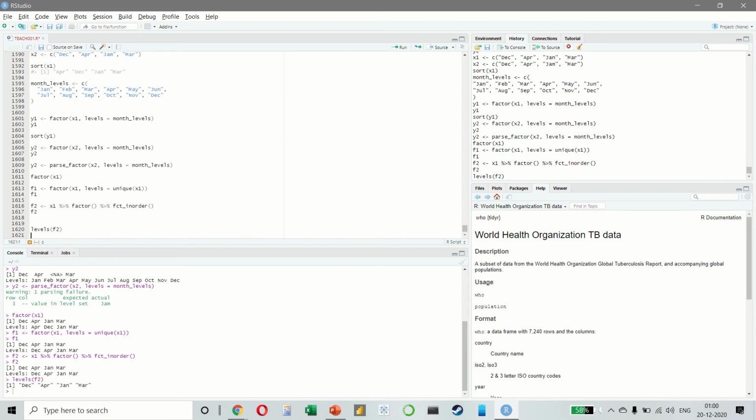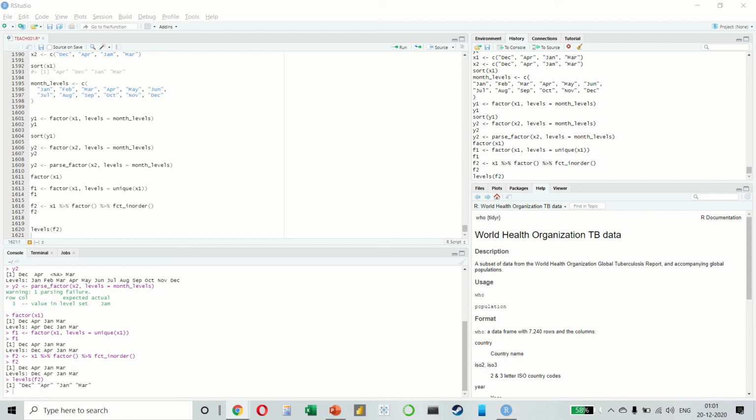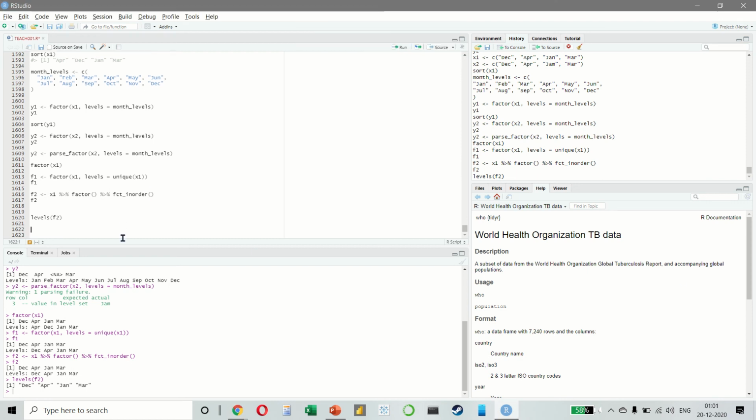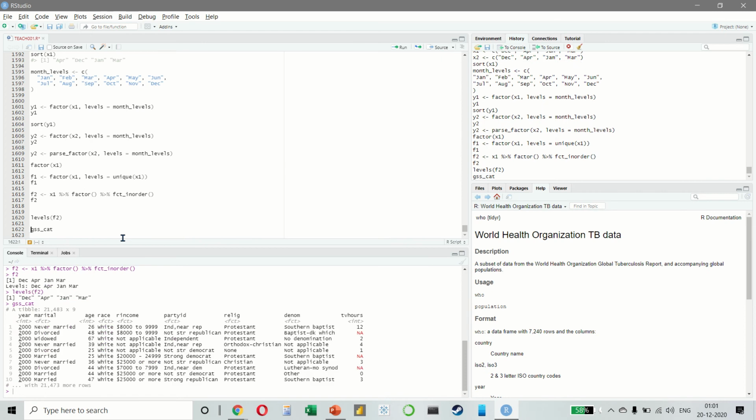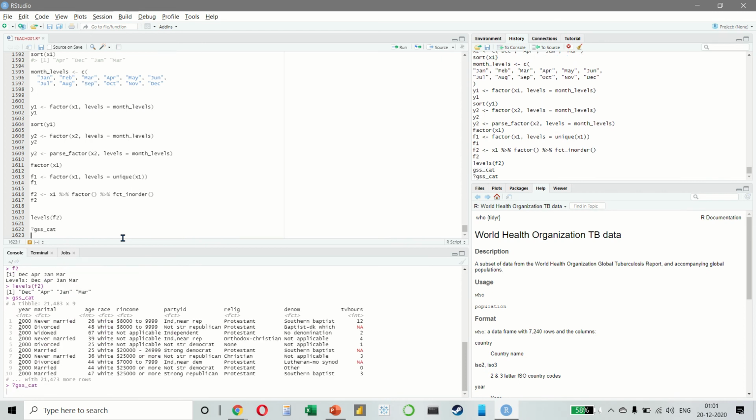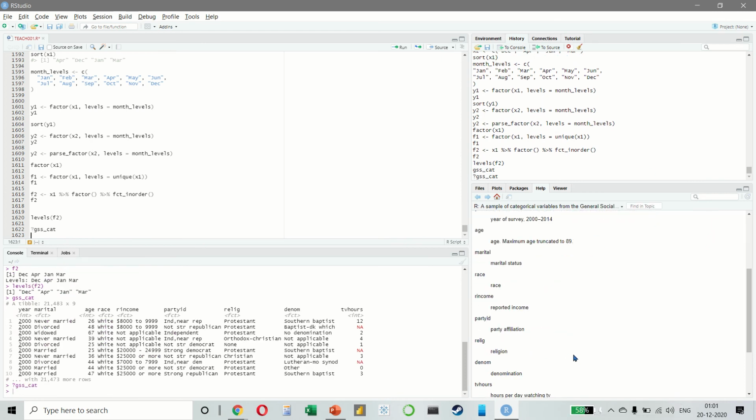So we will select a handful that will illustrate some of the common challenges that you will encounter while working with factors. So here we are working with gss_cat like this. You can also put a question mark to see a description of the data.